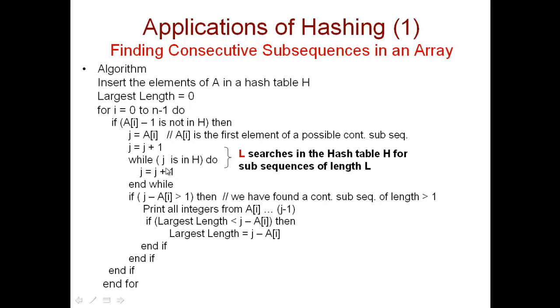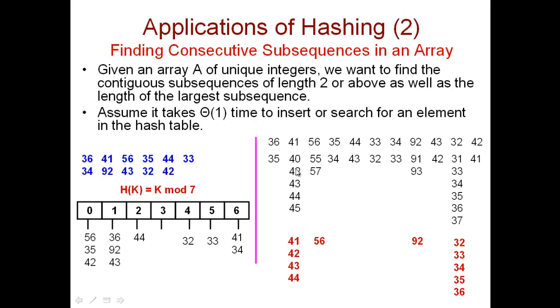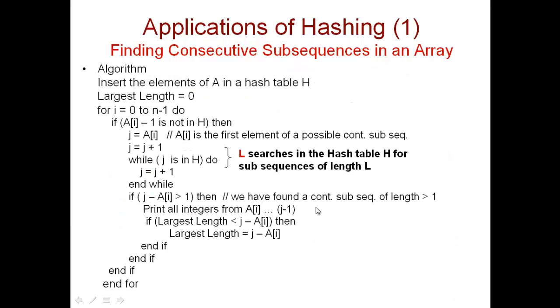So if j is there, keep on incrementing j. In this case 42 is there, 43 is there, 44 is there, but 45 is not there. So we'll come out of this inner while loop. Now j is 45, which is not in the hash table, so that's why we came out. And the visibility of j is even outside the loop. You see we have initialized j before the loop, so you should be able to access the value of j